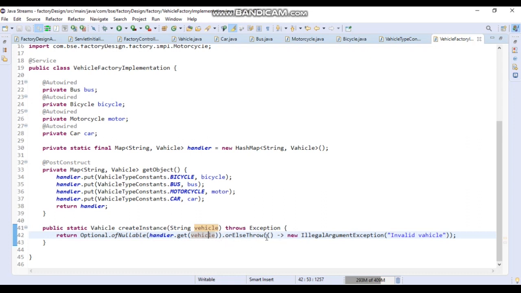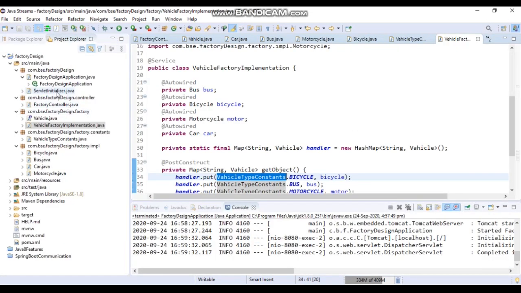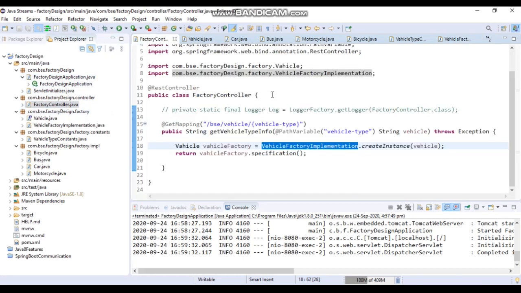I have used orElseThrow to throw the exception, a new IllegalArgumentException, "invalid vehicle", because this vehicle is not present in our implementation. Someone may pass a wrong vehicle which is not available in the implementation. Okay, so we will go from the controller now, and I will tell you how the flow will be.